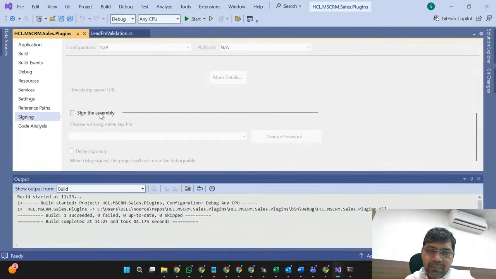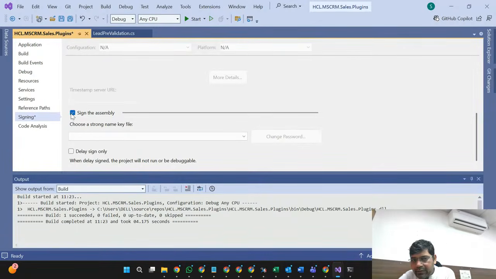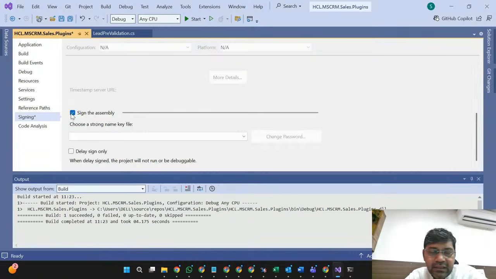The purpose is signing the assembly, so that if someone tries to change your plugin code, because you are dealing with complete Microsoft business logic also, Microsoft gives you an option here so that you can protect your code.